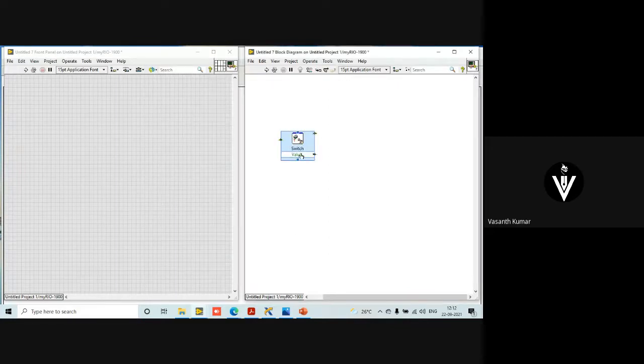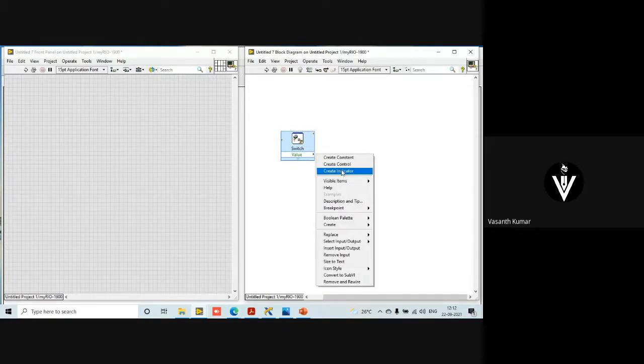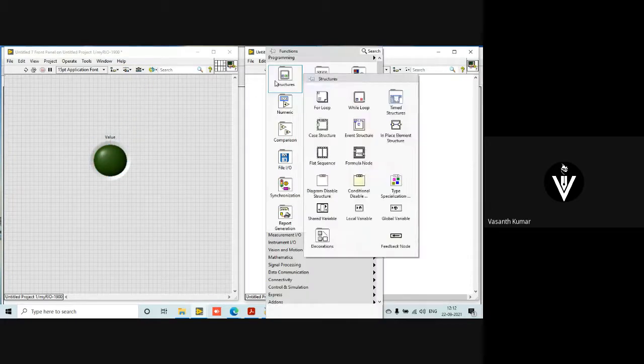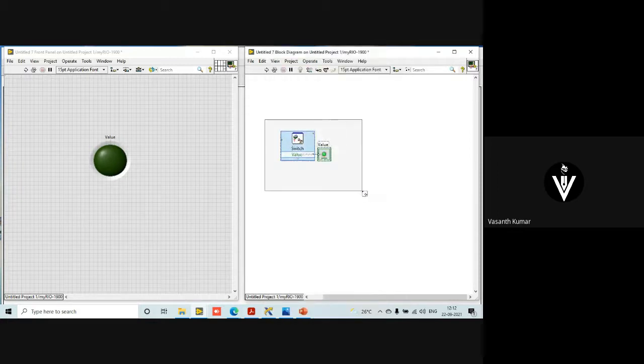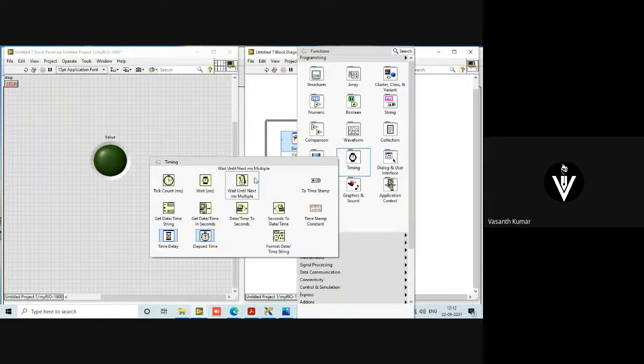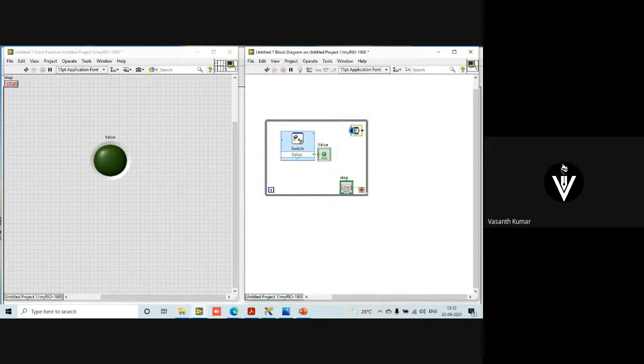All right, it's configured. As soon as you click, you can create an indicator so that you can see the value of that particular button. I want this to happen continuously, so I'll go with a while loop. Since I use a while loop, I have to use a small delay so that my computer is not overloaded with the task.